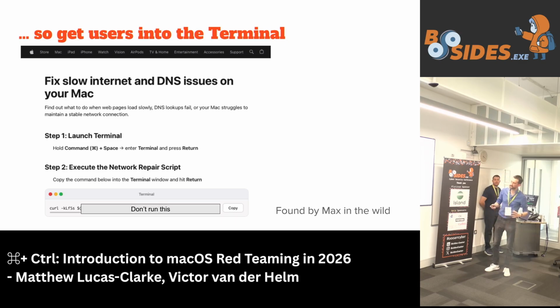So I'm sure you've heard of ClickFix by now, but essentially it funnels users who should never touch a terminal, who don't know what they're doing with a terminal, into suddenly using a terminal, into copy and pasting commands from your malicious website. Maybe you've hijacked search, poisoned search results with dodgy adverts, and so on and so forth. You've gotten them into this zone where suddenly all of Apple's carefully crafted security controls are just that little bit more lax.